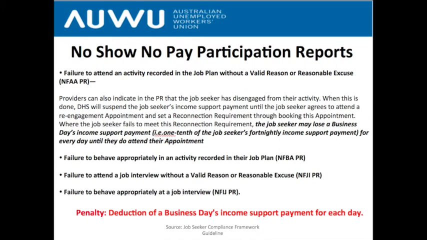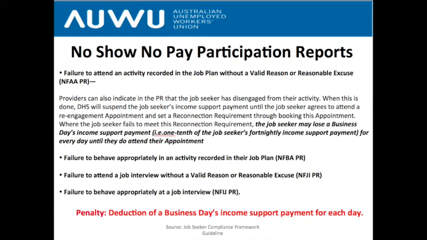This is why it's so important that unemployed workers understand what penalties they're facing and they re-engage as quick as possible. So our role in the Unemployed Workers Union hotline and our advocacy services is really just to inform people that they must re-engage as soon as possible, and then if they want to complain to the Department of Employment about what they regard as unfair treatment, then they can do that as well. But re-engagement always has to be the priority when we're dealing with unemployed workers who are facing financial penalties.